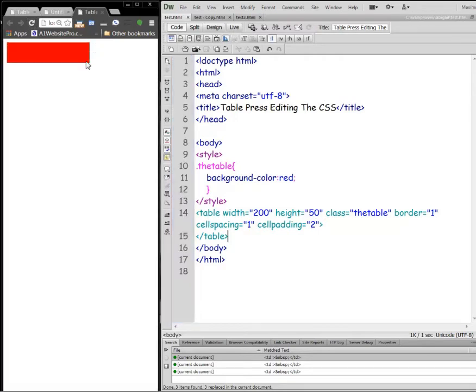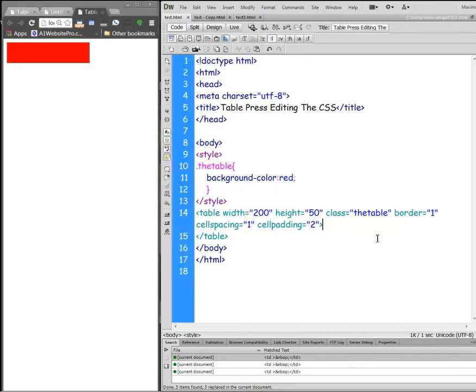And I don't know if you could see, but if you look real close, there's a little black line. You can see an outline of it. The next thing that we're going to do is go down within this table, and we're going to start off with the table row, that's TR, just like that. Okay, and then within the table row we need a column, so we're going to put TD for